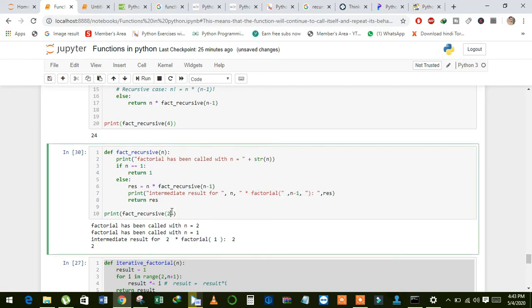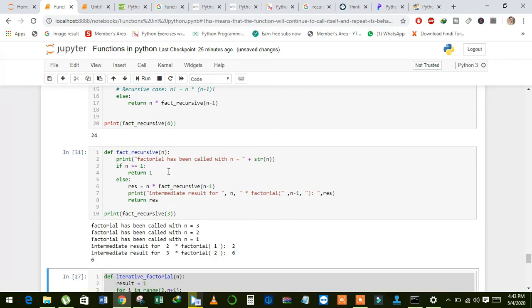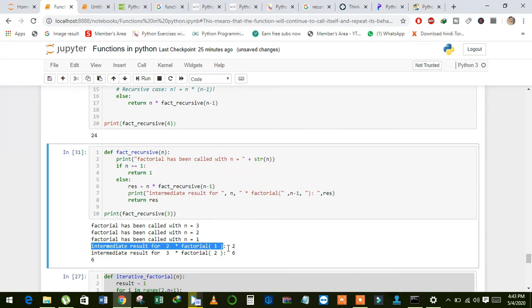Now let me run again for 3 and see here. In the first iteration it returns 3, then 2, then 1, and see here, because it started from the 2 value, it just multiplies the factorial of 1 with 2, and this is the result.